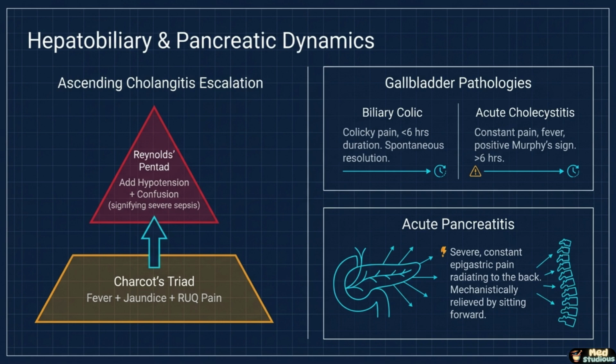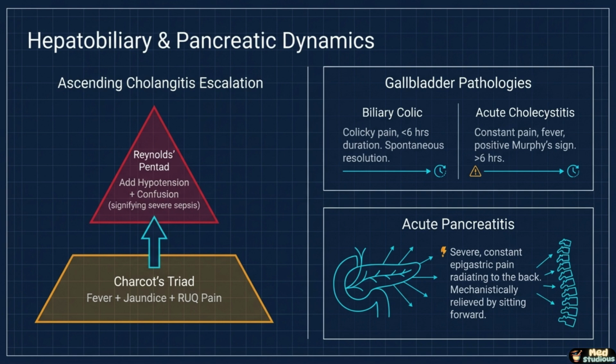to acute cholecystitis. Climb one rung higher and Charcot's triad, fever, jaundice, and right upper quadrant pain, signals ascending cholangitis, a bacterial infection of the biliary tree. Add hypotension and confusion to that triad, and you have Reynolds pentad, a marker of severe biliary sepsis, requiring emergency